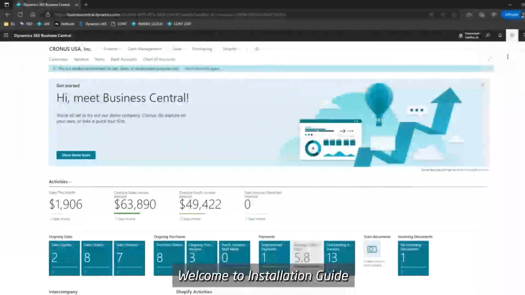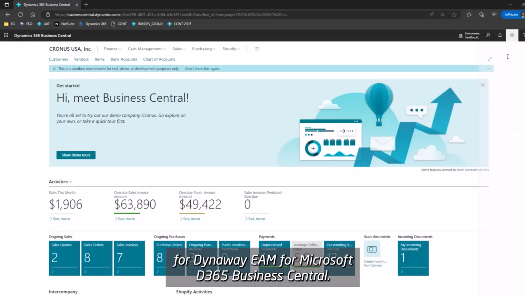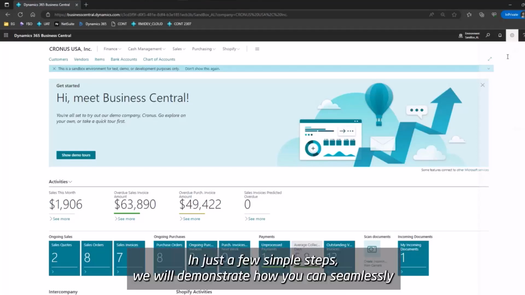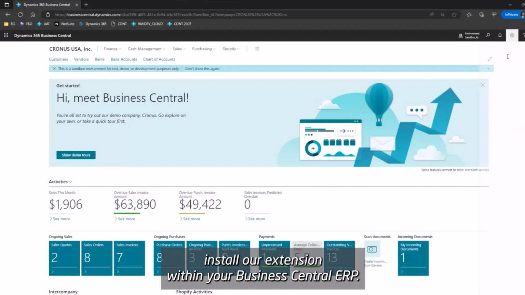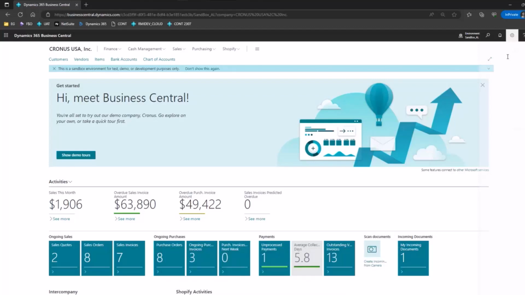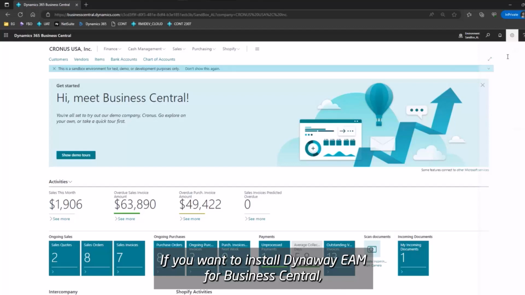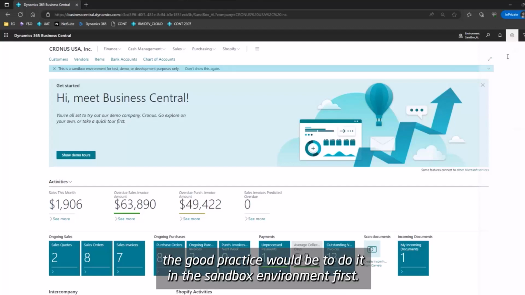Welcome to the Installation Guide for Dynaway EAM for Microsoft D365 Business Central. In just a few simple steps, we will demonstrate how you can seamlessly install our extension within your Business Central ERP. If you want to install Dynaway EAM for Business Central, the good practice would be to do it in